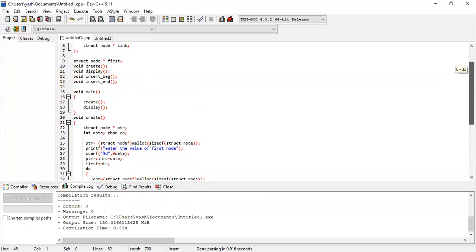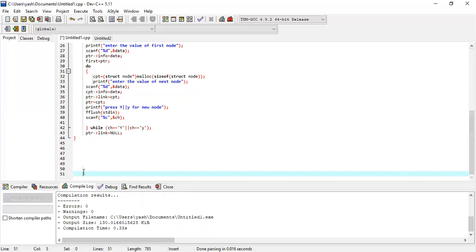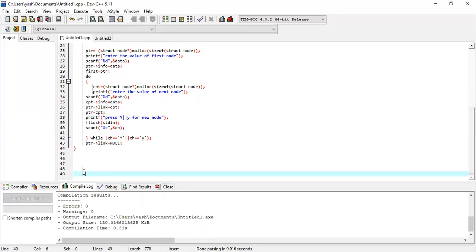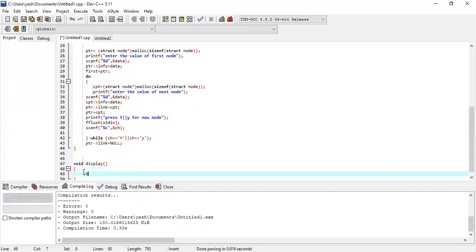Now I want to display the linked list. So let's display. Write again a very simple function. I'm writing void display, struct node star